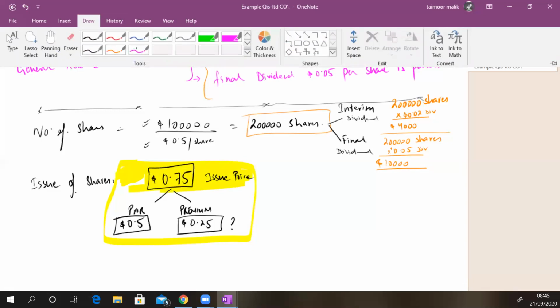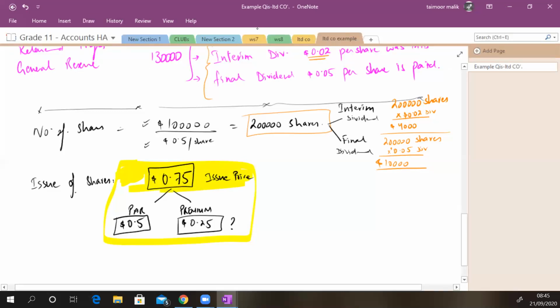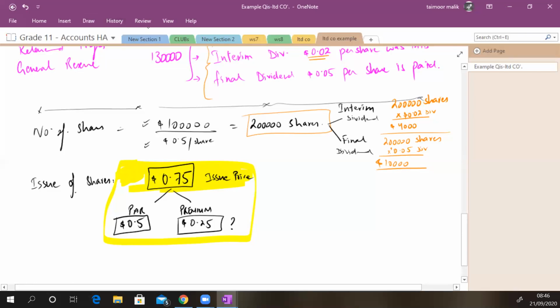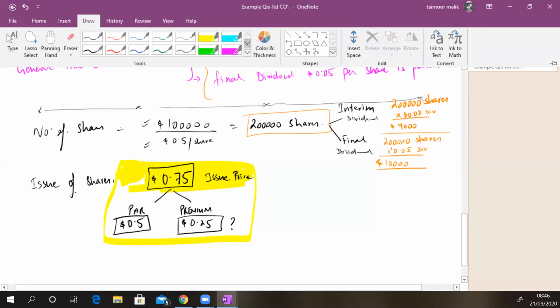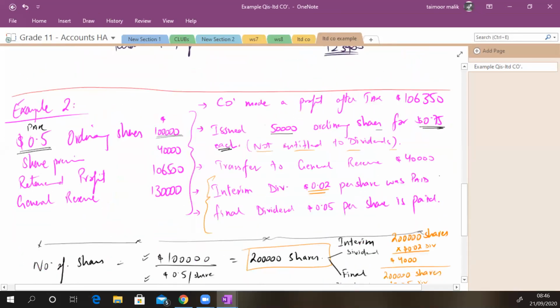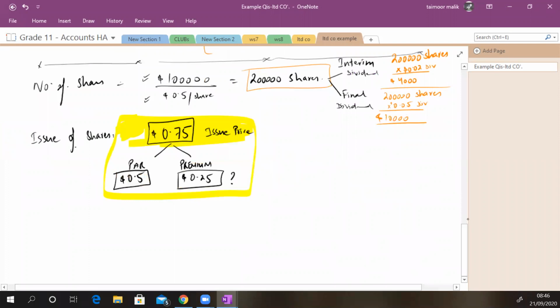Sir, now, yes, par value question में दी भी होगी. जी बेटे, par value question में बिल्कुल दी होगी. ये देखो, ये given है, 0.5 ordinary shares. That is the par value. Now, कितने शेयर इशू किए? 50,000. सही है. तो एंट्री इसकी बनेगी बैंक